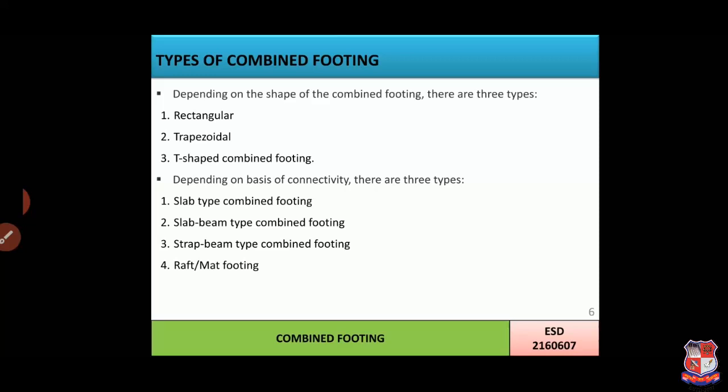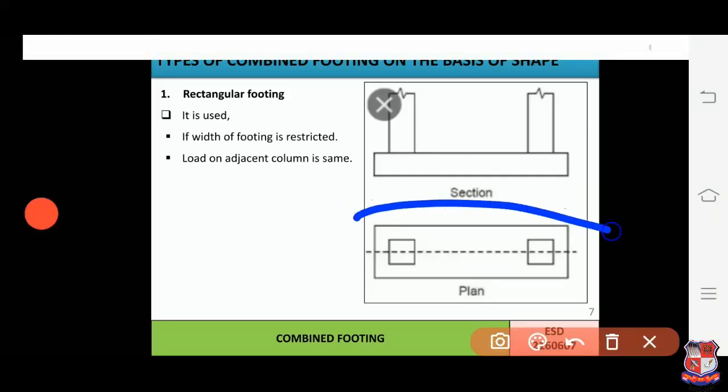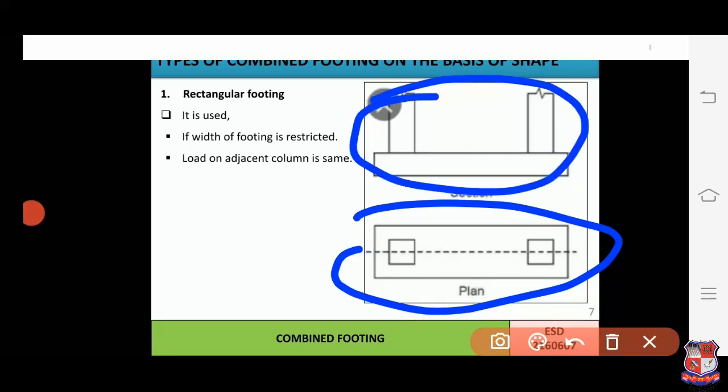First one, slab type combined footing. Second, slab beam type combined footing. Third, strap beam type combined footing. And fourth, raft or mat footing. Okay, so let's see it in detail, starting with the first category, types of combined footing on the basis of the shape. And in that one, first, that is rectangle footing. We can see over here in the figure I have shown the plan and sectional elevation